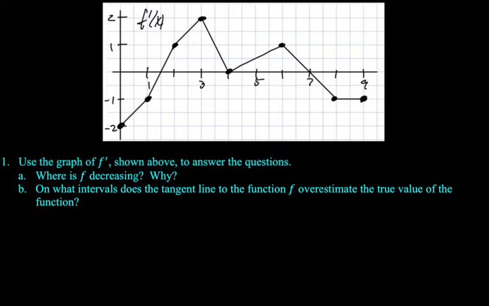Where is f decreasing and why? Okay, so decreasing when f prime is negative. So there and there. That's a bad color choice maybe, but from like 0 to 1.5 and then from